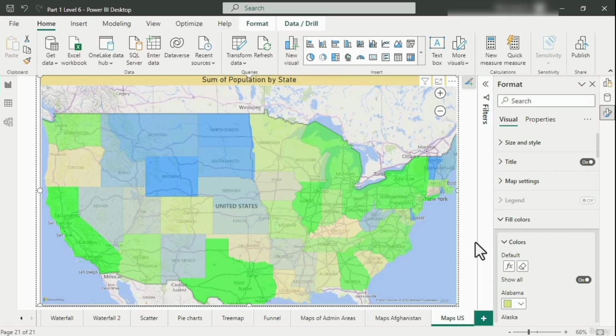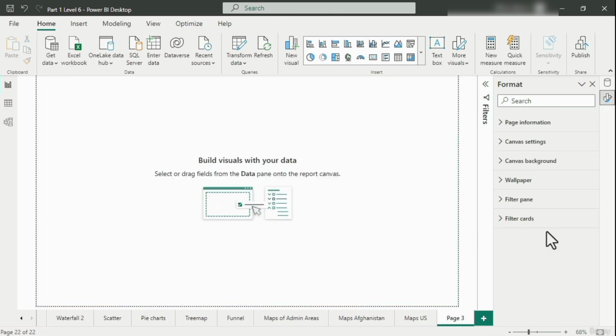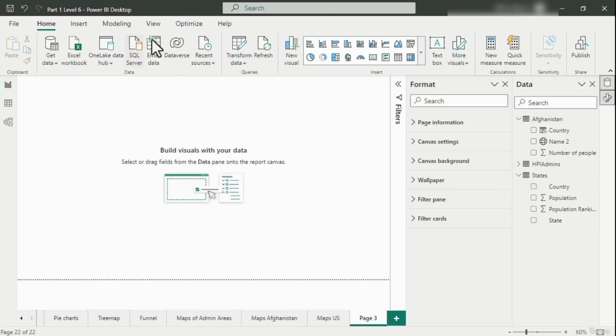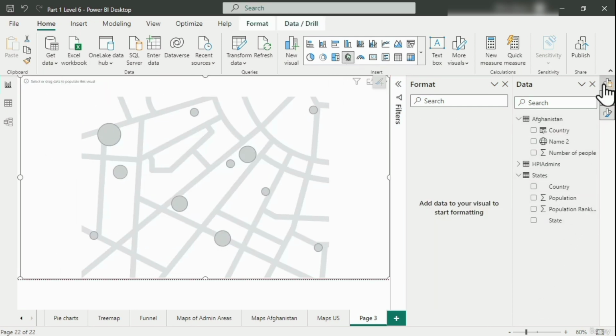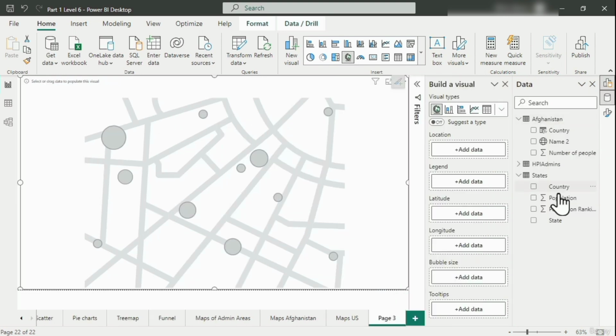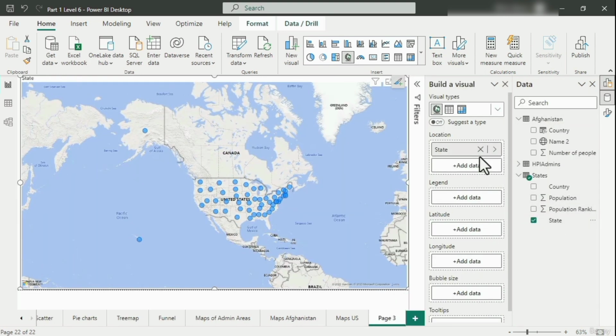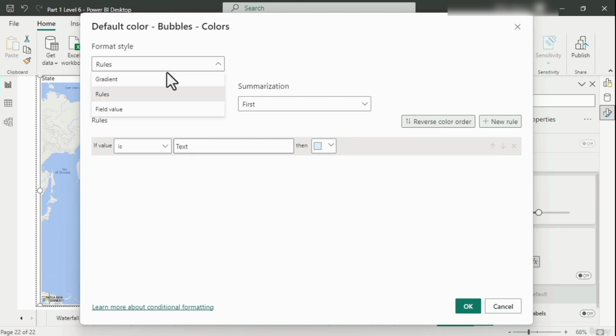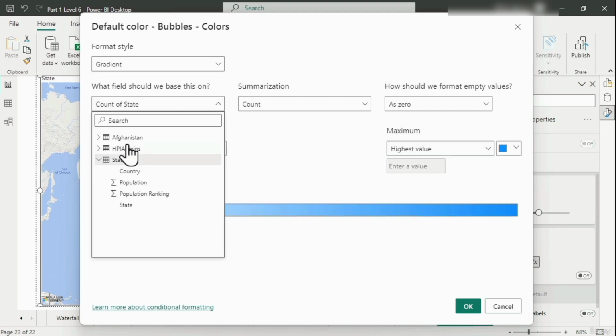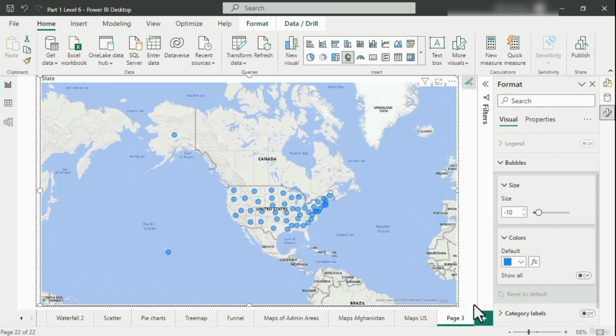So aside from this conditional formatting, which is really hidden away with these dots, there's nothing additional in the formatting for field maps that wasn't there in maps. However, you won't be able to use the field maps with success everywhere. Now, if we go back to our original maps US, everything was in green, so we can change this so that it uses conditional formatting again. So if I just put in the population ranking,